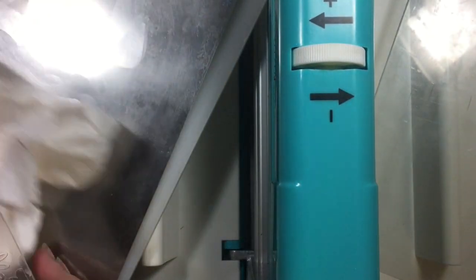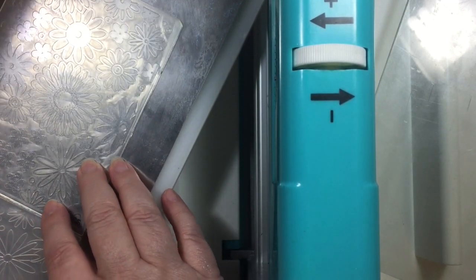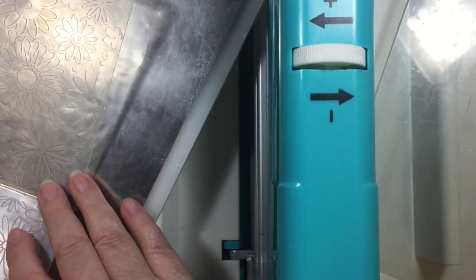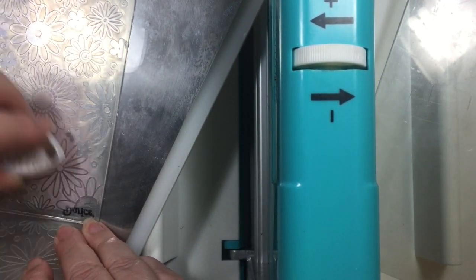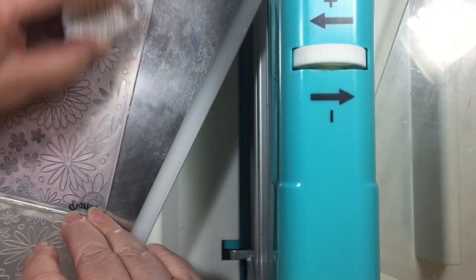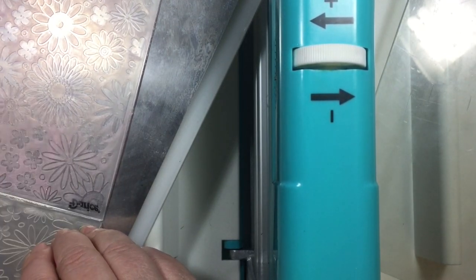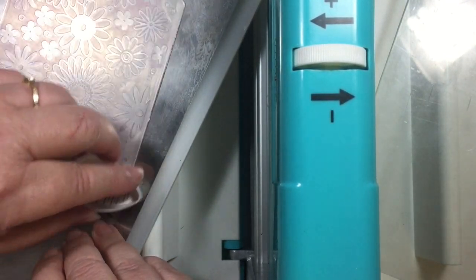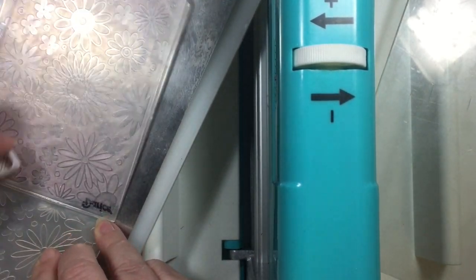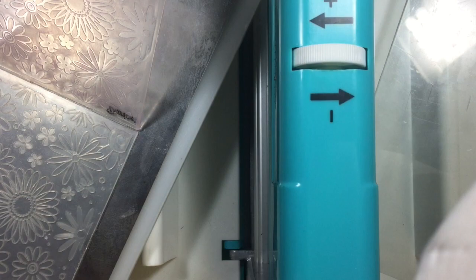All right, let's do another one. This time I'm going to put ink on this top surface here. I'm just going to take a stamp pad and rub over the top. It's a real pale pink color. I don't know if you can see, it's more of a blush. And when working with ink pads, you definitely need the water because it needs to pick up the